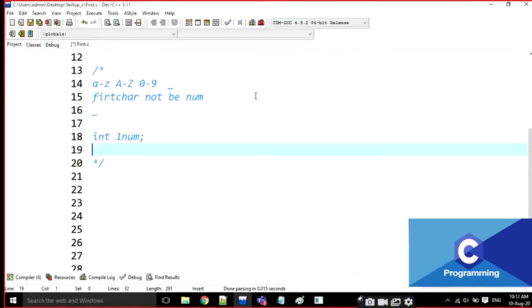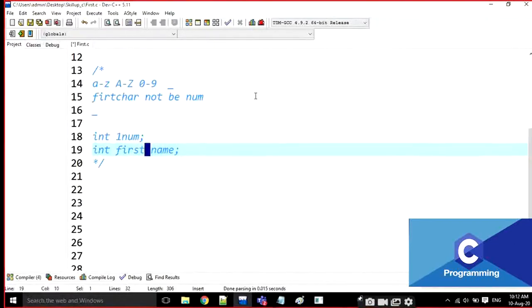And the last one is that there are no spaces in the variable name. For example, if I write first name with a space, don't write like this. This is also wrong, because there is a space in the variable name.